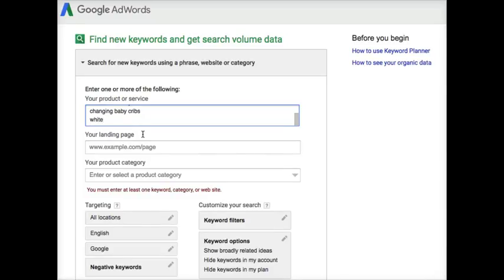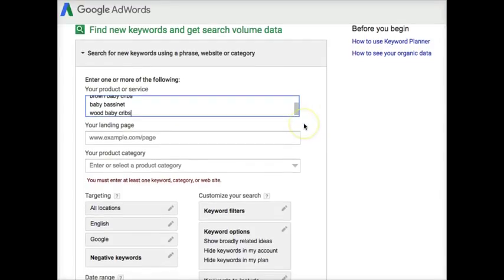Some people might search for white baby cribs. Some people might search for brown baby cribs, maybe baby bassinet, wood baby cribs. So these are some seed phrases that we're going to throw in to Google and say, hey, this is what I'm looking for. Show me similar keyword phrases.